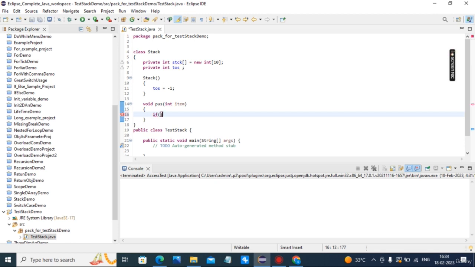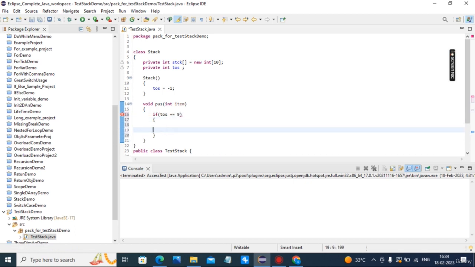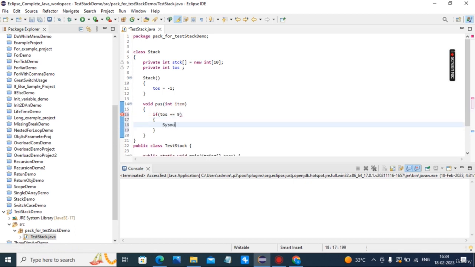If top of stack is equal to 9, print stack overflow, or stack is full.